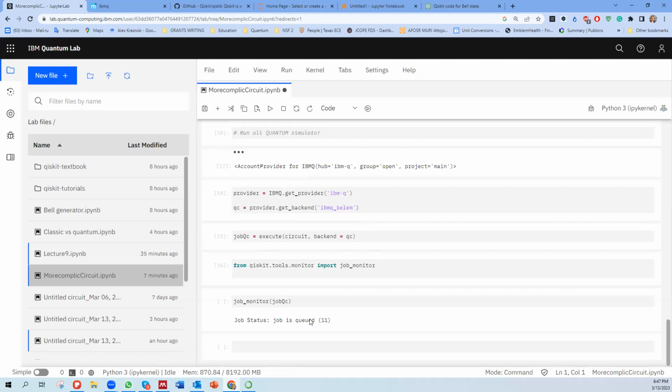And see, no, it's still running. No, so it has been successfully run. All right, so just let me repeat what we just did, right? We created the quantum circuit